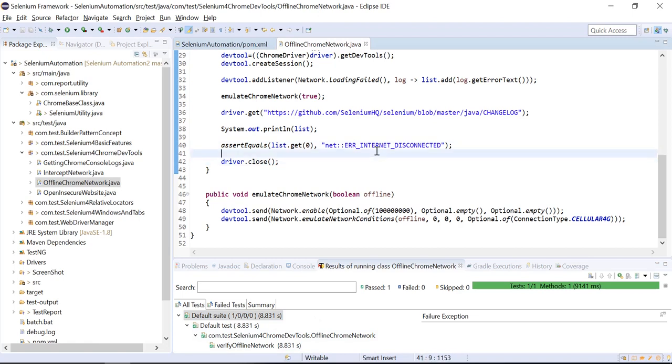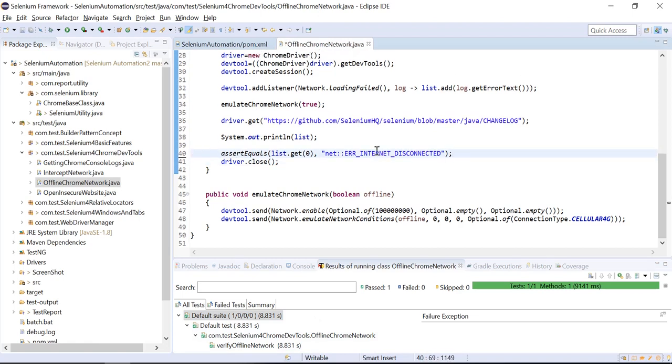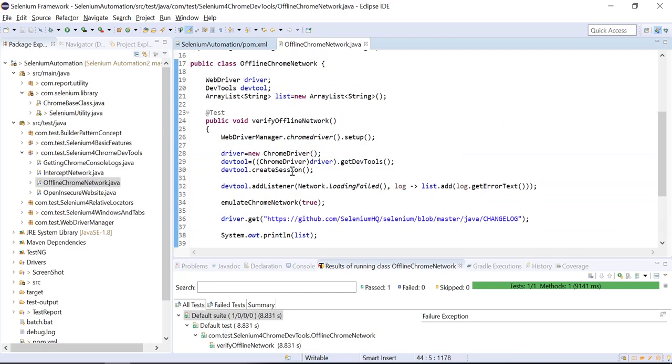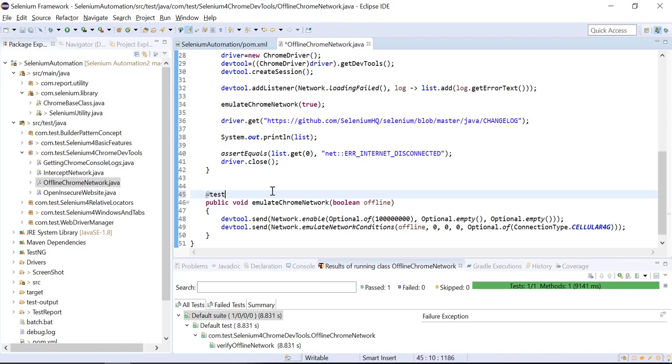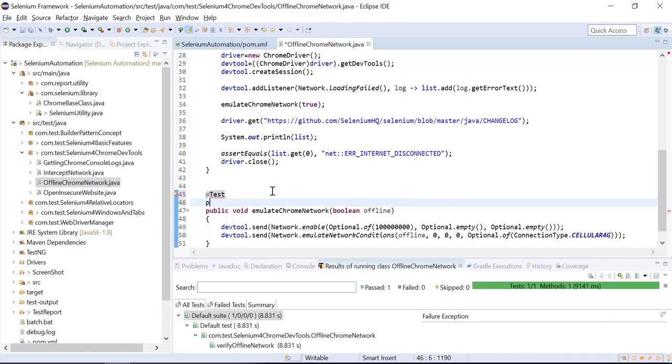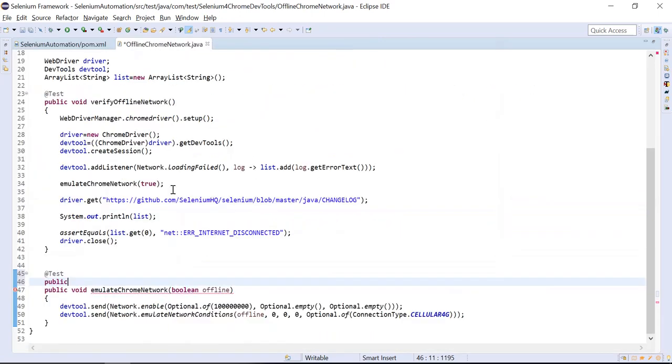Okay, let me explain one more scenario when network is on or off. If you're going to verify something, let me create test method. Let me maximize. public void verify online and offline network.